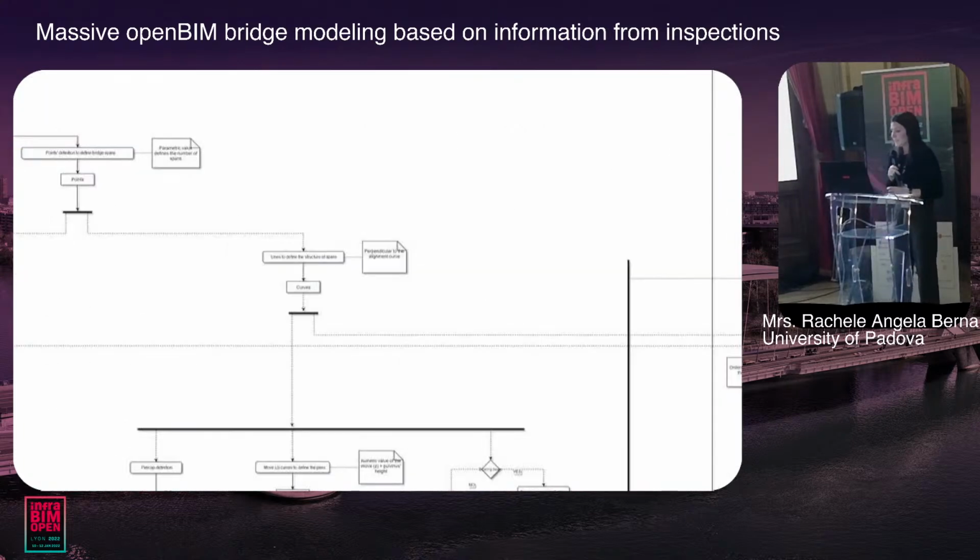Here is another example. I want to highlight that all the procedure we use to create the geometry model takes the information from the inspection, but as you can see from the UML model, it is important to clearly define in the creation of the geometry that the creation of the elements is related to how they are placed into the model itself.